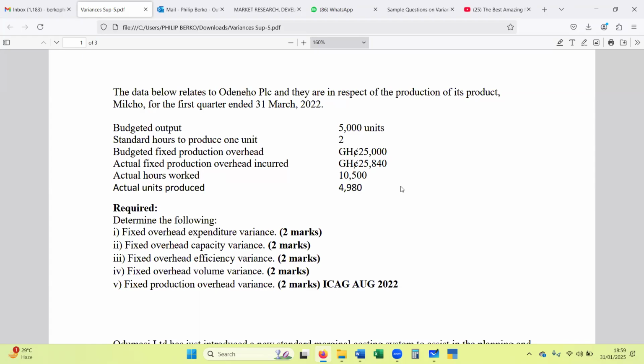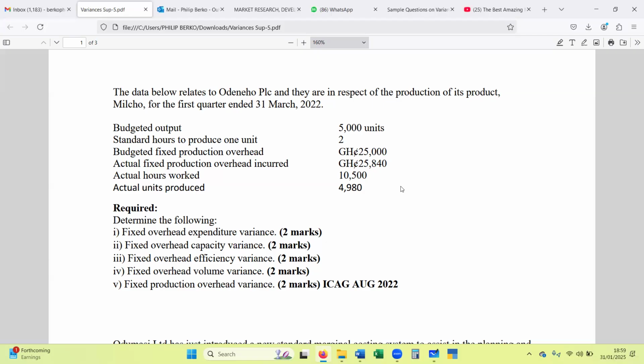The data below relates to Odoneho plc, in respect of the production of its product, Milcho, for the first quarter ended 31st March 2022. Budgeted output is 5,000 units. Standard hours to produce 1 unit is 2. Budgeted fixed production overhead is 25,000 Ghana cedi. Actual fixed production overhead incurred 25,840 Ghana cedi. Actual hours worked 10,500. Actual units produced